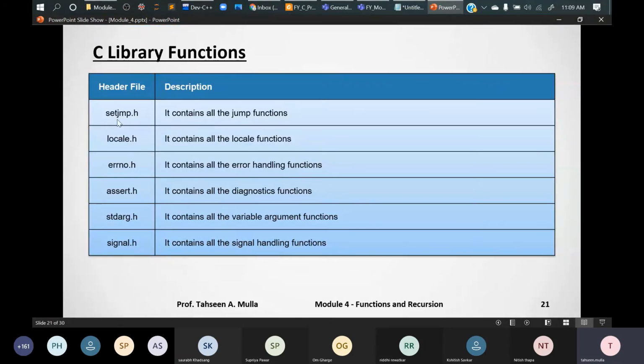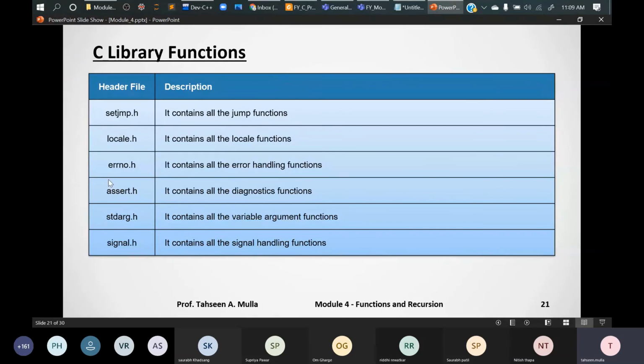setjmp. This was a keyword where we used goto. Similarly, for jump functions, you can have this header file. This is used very rarely because labels and goto are rarely used in C, and most of the time, as a programmer, it is advised to avoid using labels because that would be irrelevant to the actual procedure of the flow of the program.